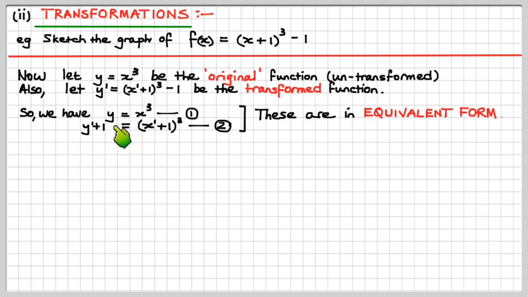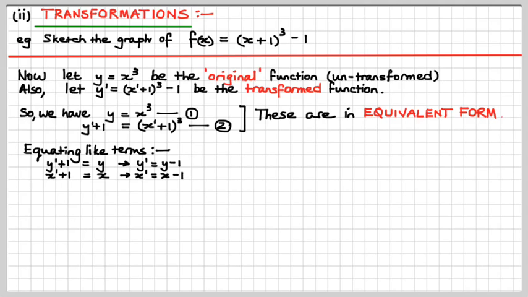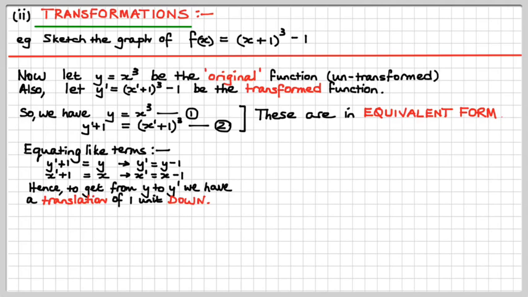All right, so there we go. So that's that. They're in equivalent form, so we can actually equate like terms now. We can say y dash plus 1 is equal to y, and we can say that x dash plus 1 is equal to x. Now, because we're doing a backwards calculation, as the videos in the 3 series videos would have indicated, we make y dash and x dash the subject, right? That's y dash, that's x dash,